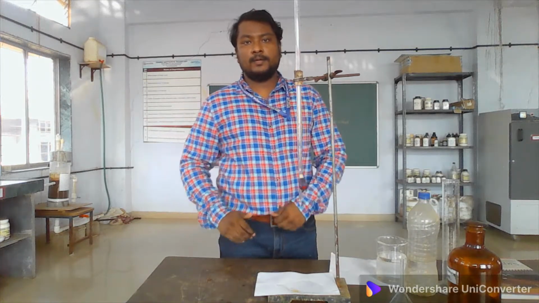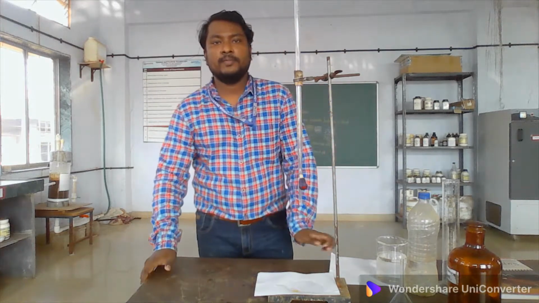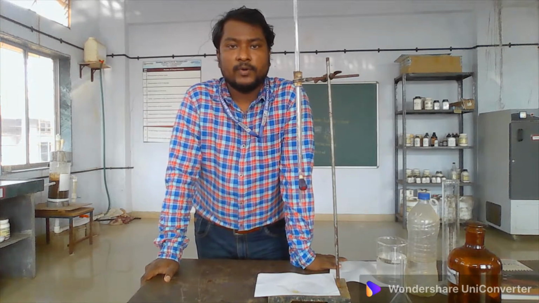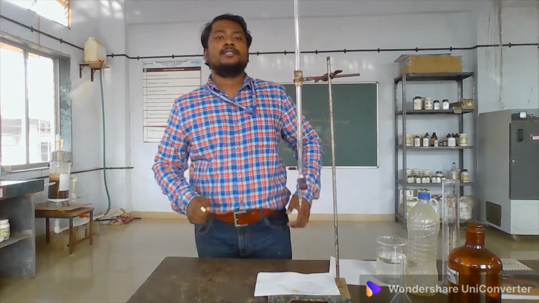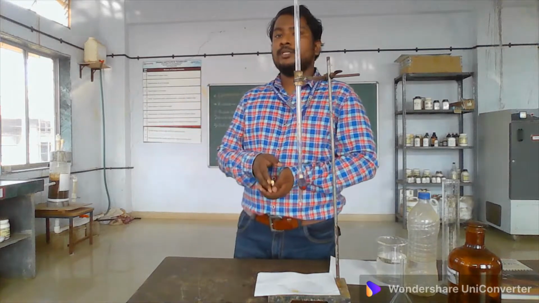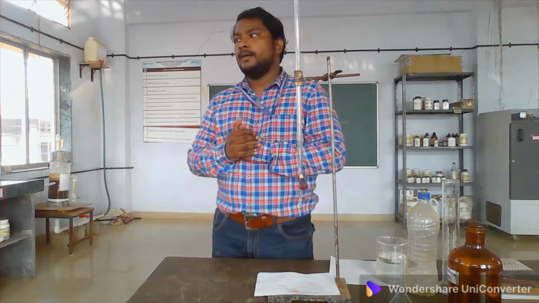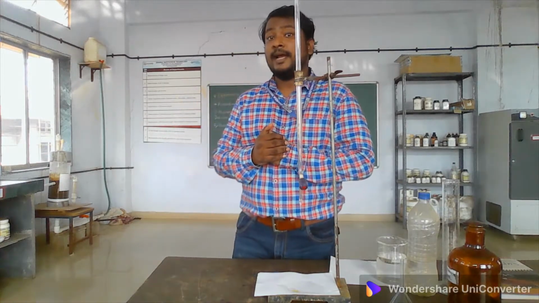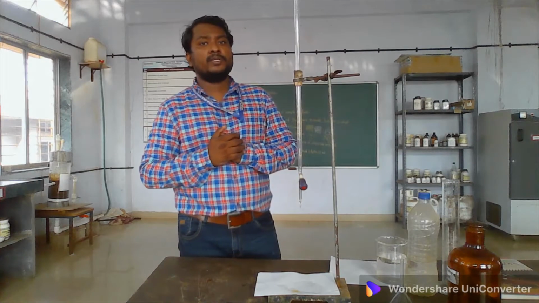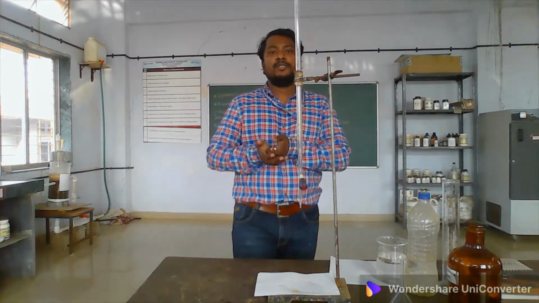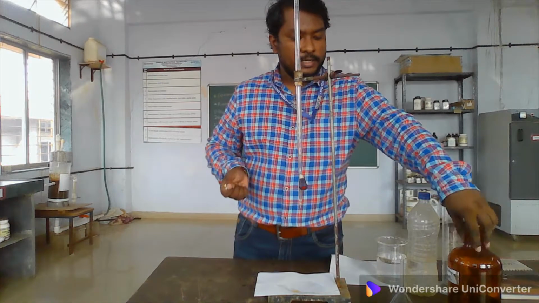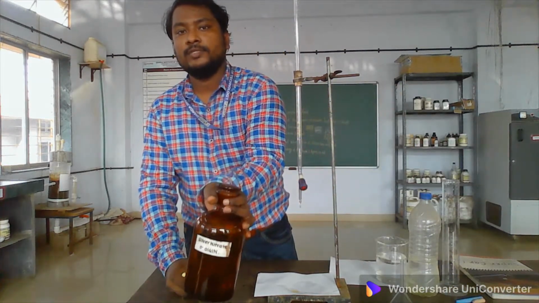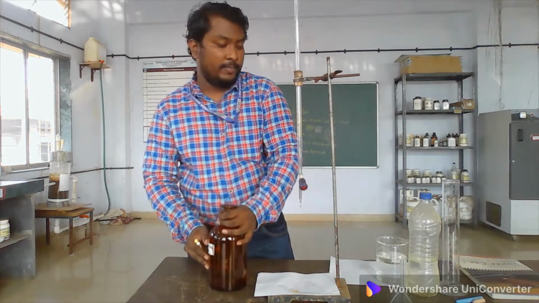Hello everyone. As we have just seen the procedure of this experiment, that is determination of chloride content, and the reagents required for this experiment, we have discussed the reagents as well as the procedure. Only two things are required. One reagent is what we will fill in the burette as a titrant, that is silver nitrate solution, AgNO3, of 0.0141 normal, that I have prepared.